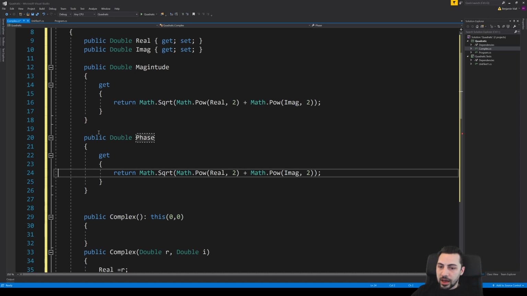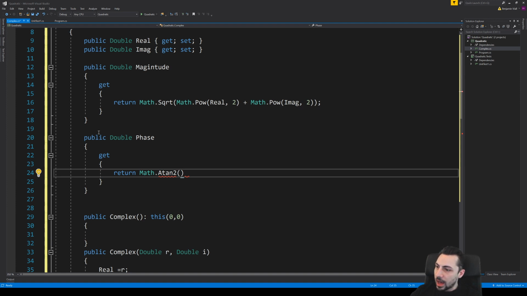How do you calculate the phase of a complex number? Well, that's the angle between the opposite and the adjacent, right? So what is that? Math dot arctan of the opposite.